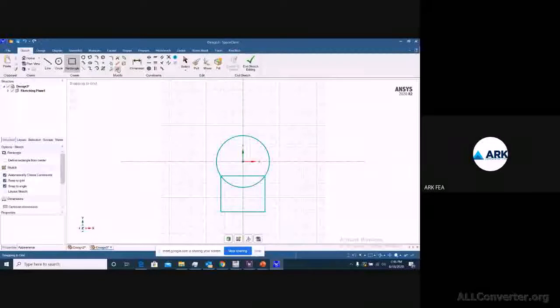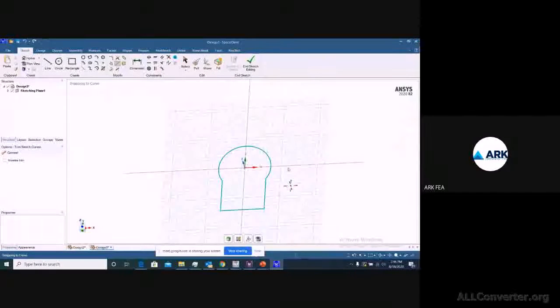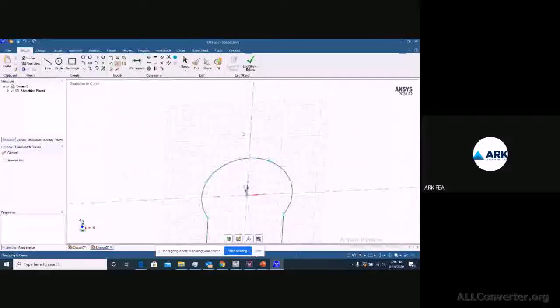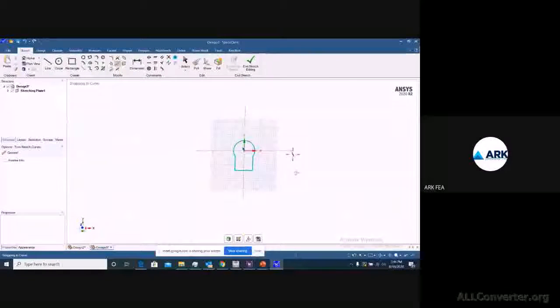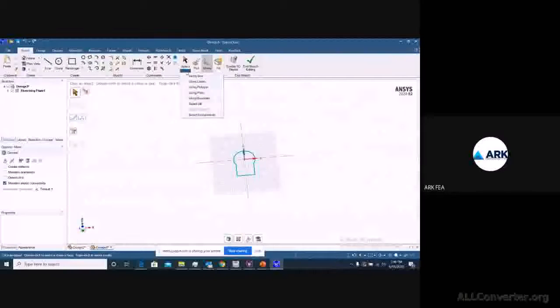Right, so the rest part I can eliminate. This is some kind of geometry which I can use to create a revolve kind of geometry. I'll move this out even.